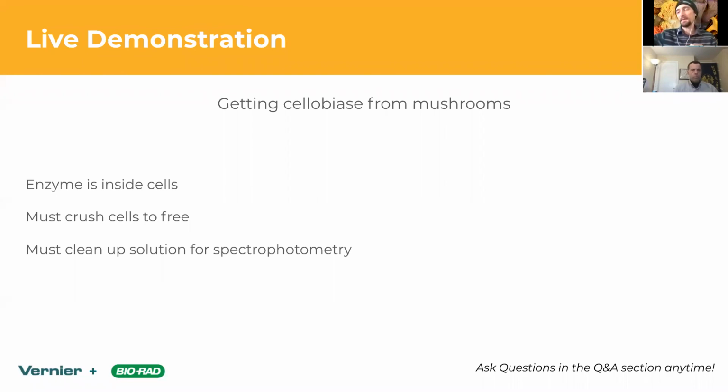A trick though, and this is just because I really hate cleaning mortars and pestles, is if you are like me and you want to lower the amount of cleaning you do, you can also use miniature mortars and pestles, i.e. you could use a microcentrifuge tube with the extraction buffer in it. You're just going to keep the same ratio, which is 1 gram to 1 mL. So I'll decrease this down to 0.2 grams of the mushroom with an equal volume of my extraction buffer, and I can just use the bent micropipette tip as my crushing tool. So I can crush up in here, and it saves me from having to clean all those mortars and pestles at the end.